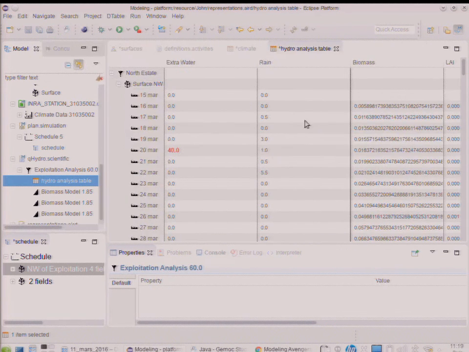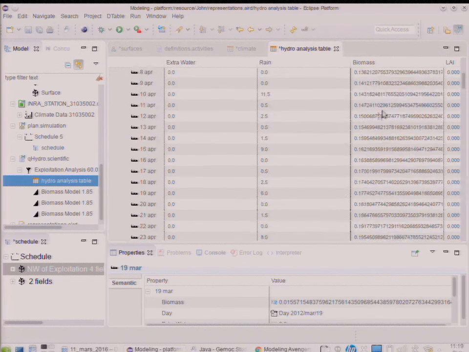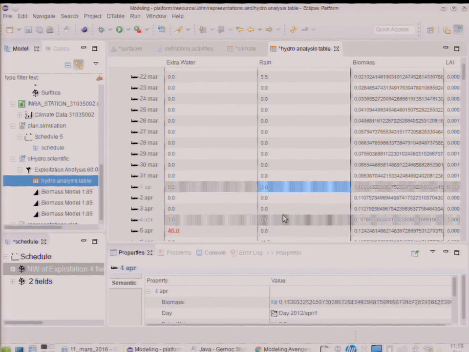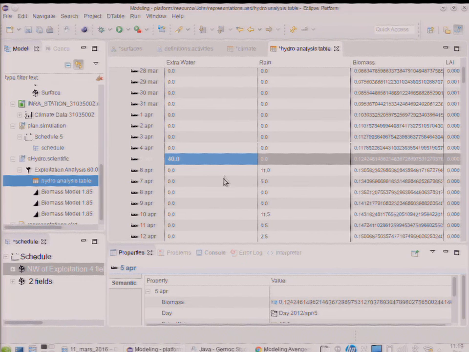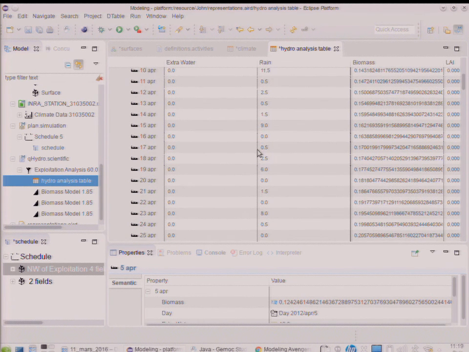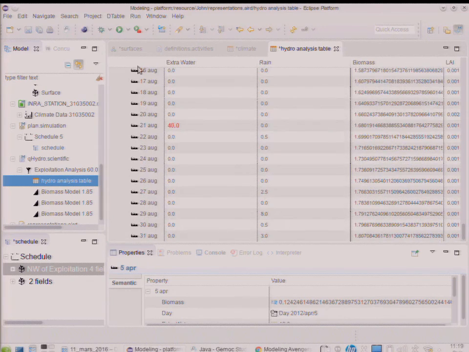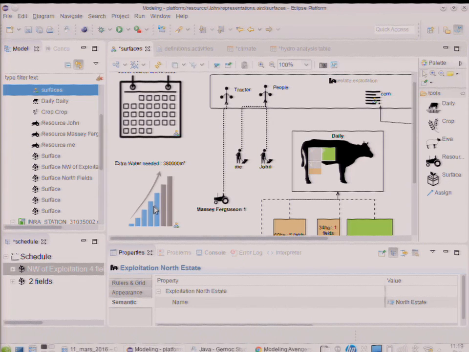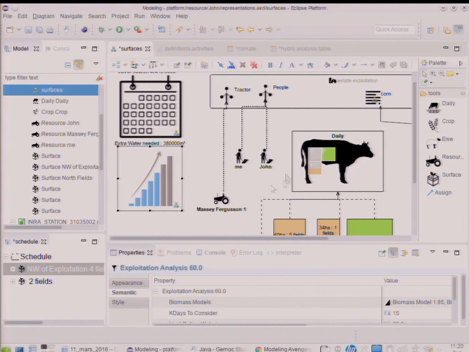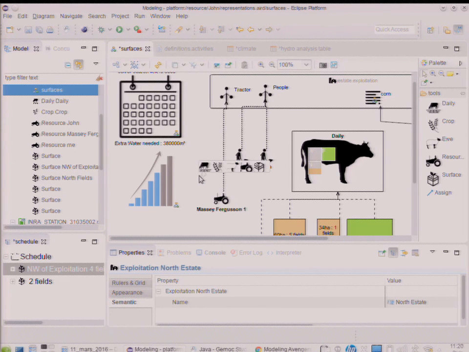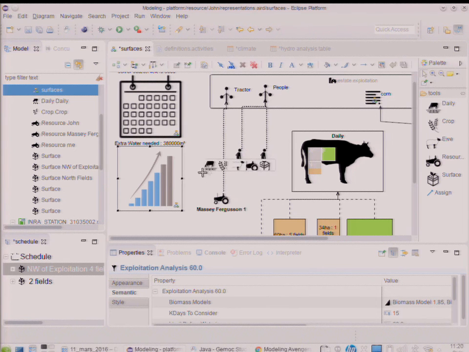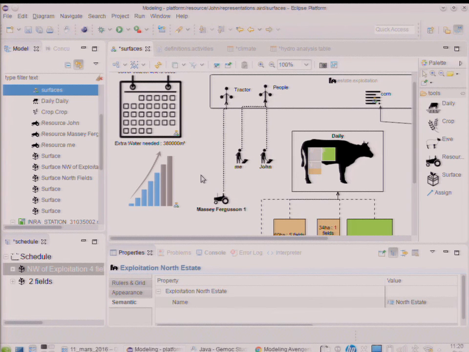In this table I can see the biomass growth, the amount of rain for each day, and in red, the times where I need to add more water in the field based on all this weather data and this simulation. So here I need 380,000 cubic meters of water.